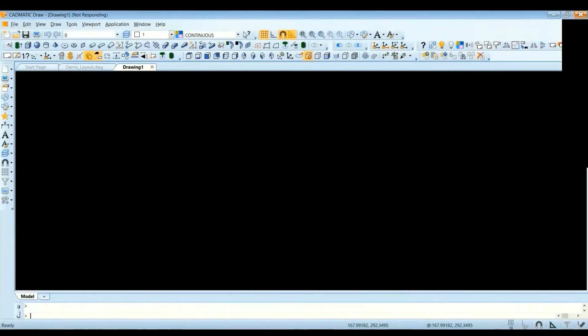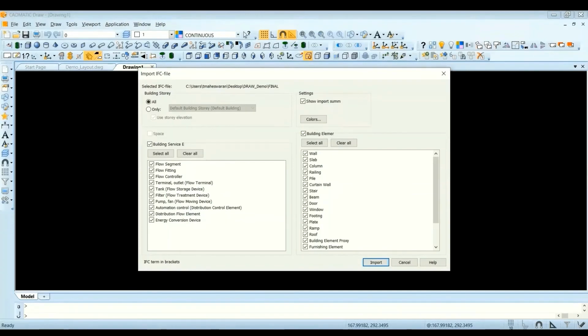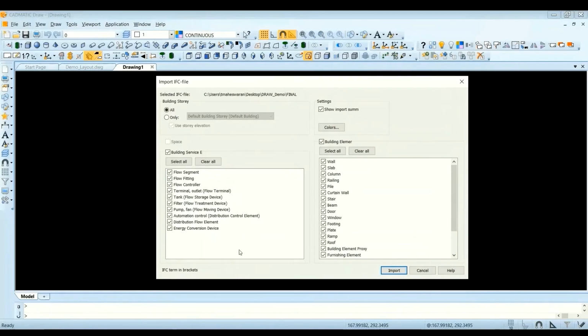Okay, so now the file is getting loaded. So the heavy file sizes are nothing to worry much about. If your RAM is good and your graphics are good, definitely the performance of the software will also be better. Yeah, so now the moment I import the IFC file, there are some certain options coming to me,